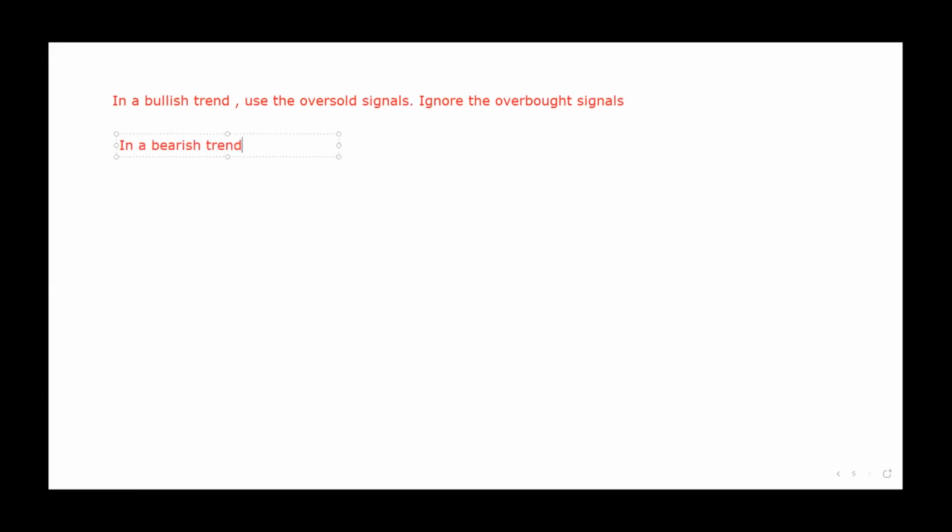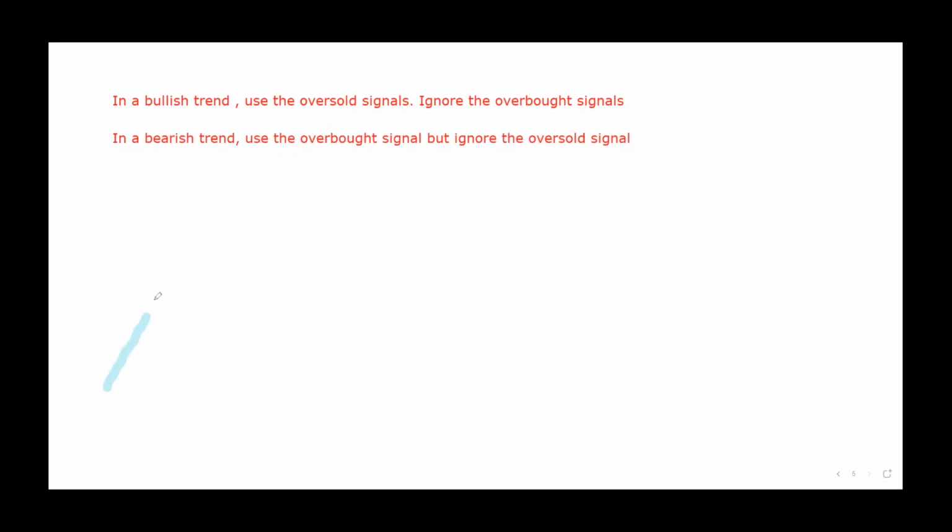In a bearish trend, you use the oversold or trade the oversold signal, but ignore the okay, like this. In a bearish trend, right? Use the overbought signal, but ignore the oversold signal. So what I was saying,